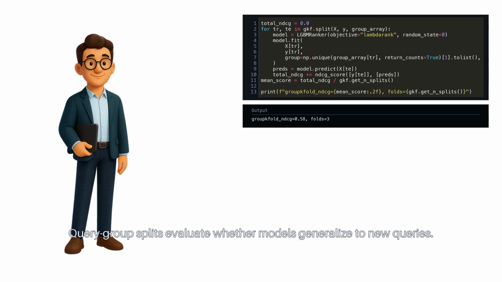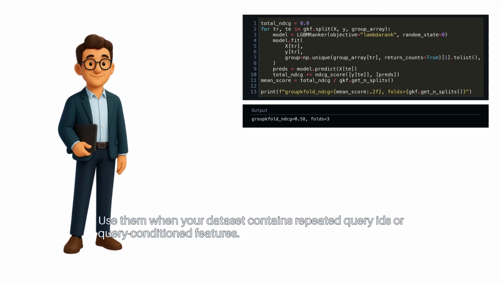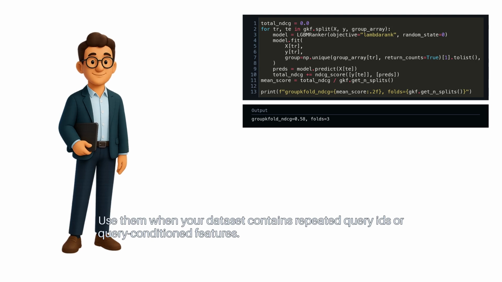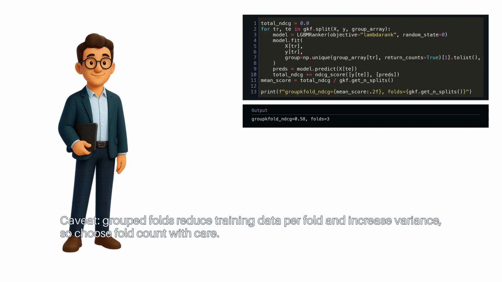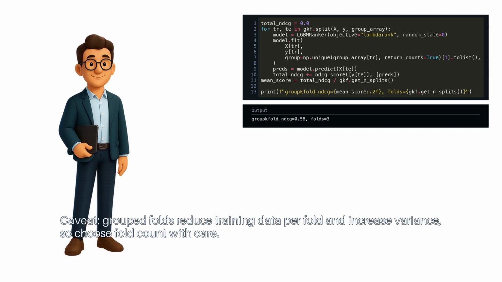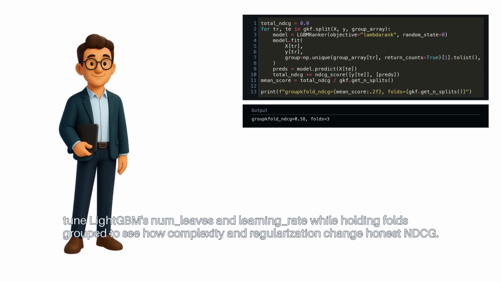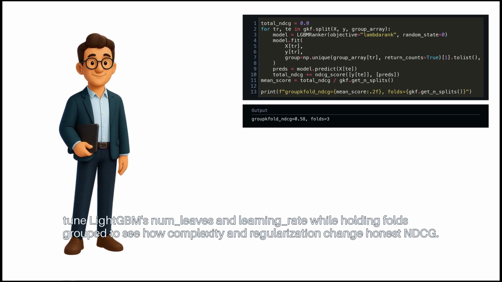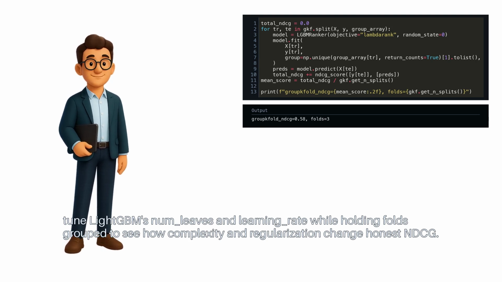Recap: query group splits evaluate whether models generalize to new queries. Use them when your dataset contains repeated query IDs or query-conditioned features. Caveat: grouped folds reduce training data per fold and increase variance, so choose fold count with care. Next step: tune LightGBM's num_leaves and learning rate while holding folds grouped to see how complexity and regularization change